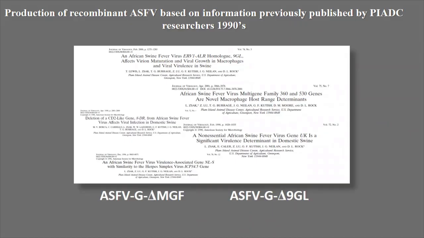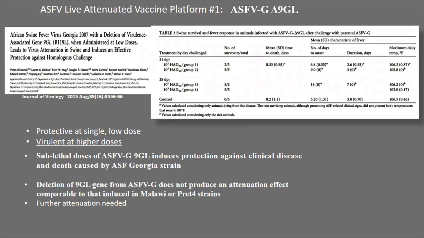And that brings us to making our live attenuated vaccines. Our initial attempts at live attenuated vaccines took some of the information from the 90s, again from Dan Rock's initial studies in ASF, and took some of these attenuation factors and put them into the new outbreak strain, African swine fever Georgia. The first one that we did was